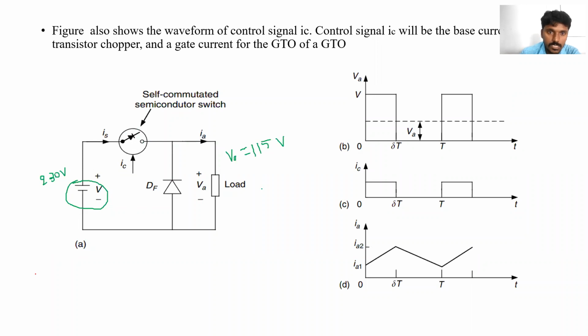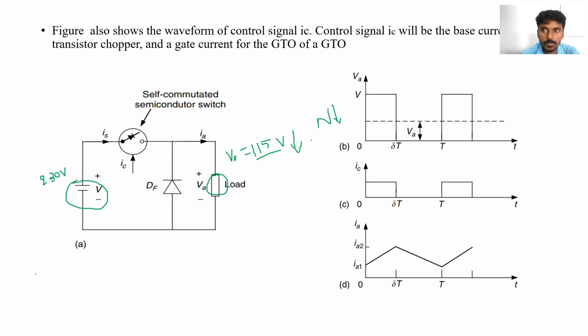If this voltage is decreased, then what will happen? For example, here the motor load is connected, and this voltage is given to this motor. So what will become of the speed? Is speed controlled or not? Because if the voltage decreases, what will become of the speed? Speed is also decreased, na? Yes or no?